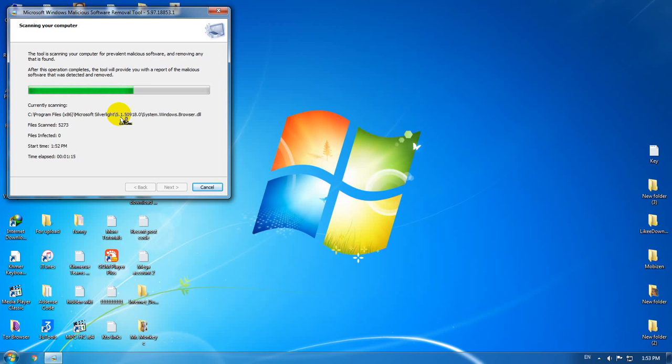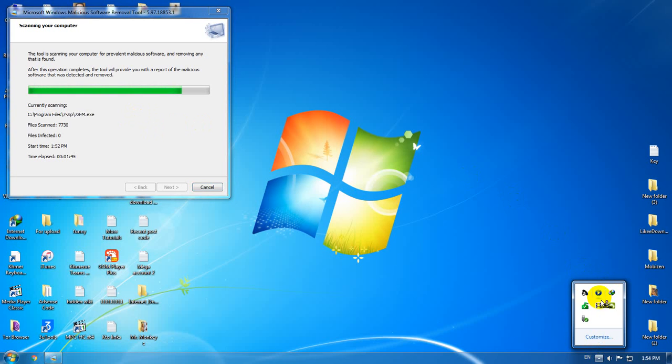So our Windows PCs have the software called Microsoft Windows Malicious Software Removal Tool. All Windows versions have this app, so you don't need to pay or buy or install any other antivirus on this PC. For example, in my PC I'm using Microsoft